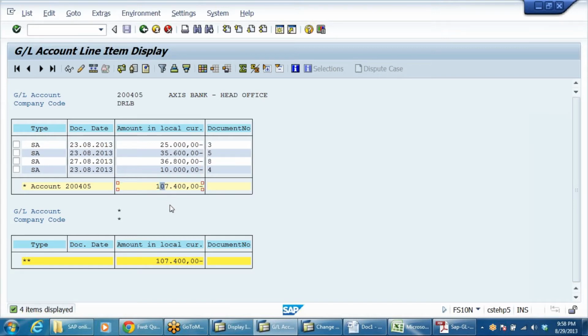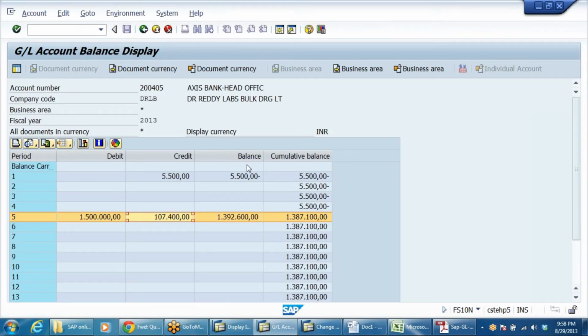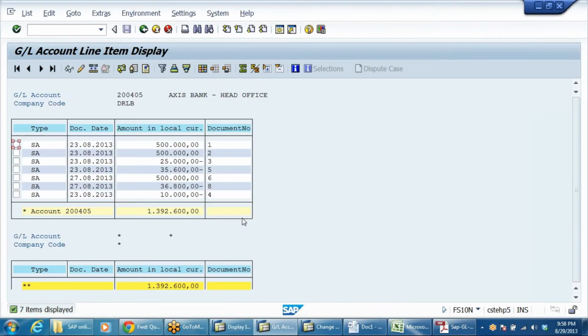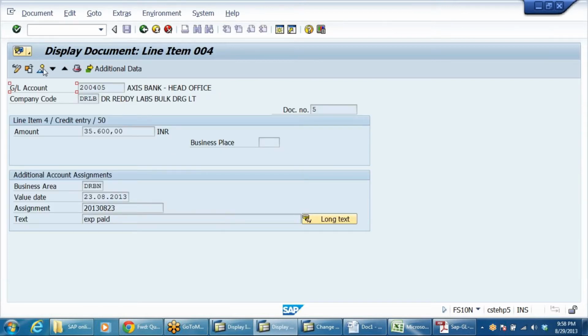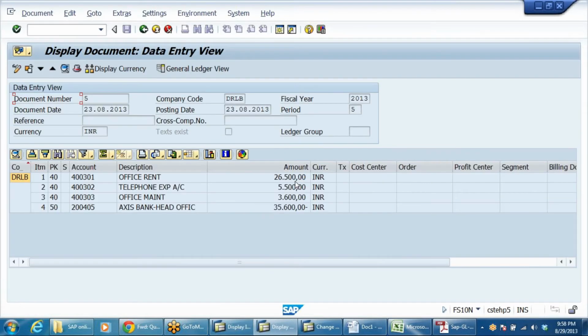Total payments made 1,07,000. If you want to see both debit and credit, go to the balance and double click here. You can see both debit and credit line items now. If you want to see any line item, double click again. Right, these are the entries.